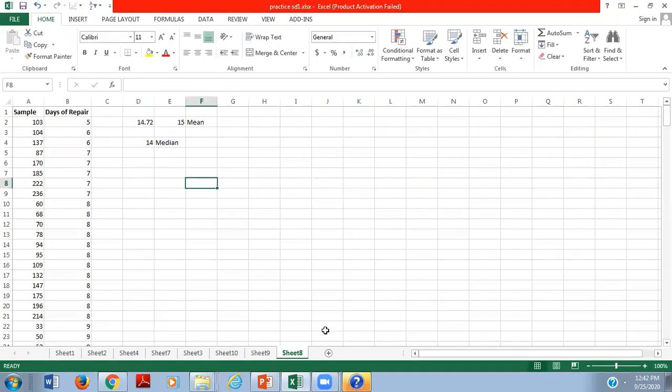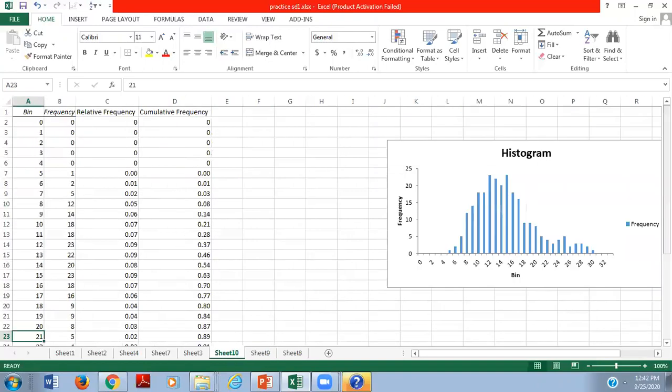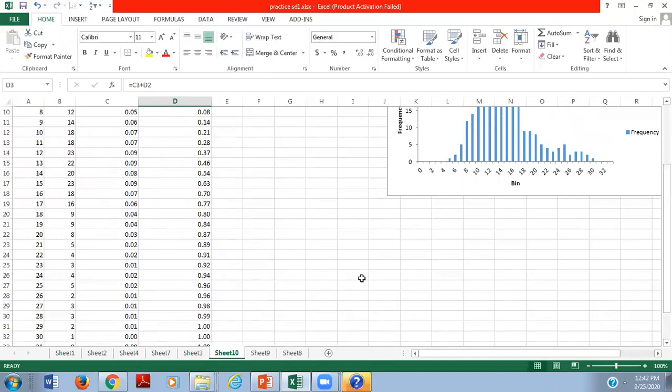But to get a more accurate picture, we used the histogram and the frequency, and we calculated the relative frequency, then the cumulative frequency, and from the cumulative frequency we got a clearer picture that 90% of the computers are going to be repaired in 21 days.